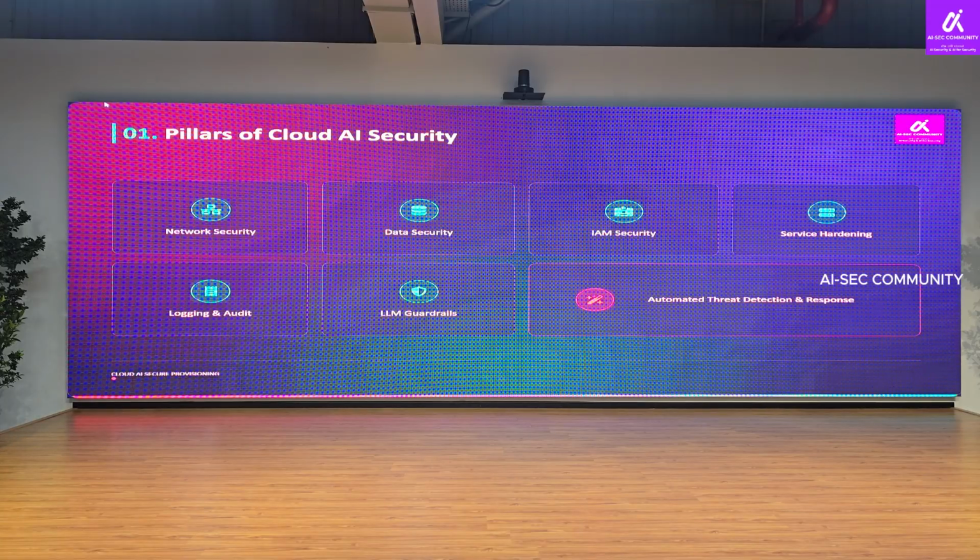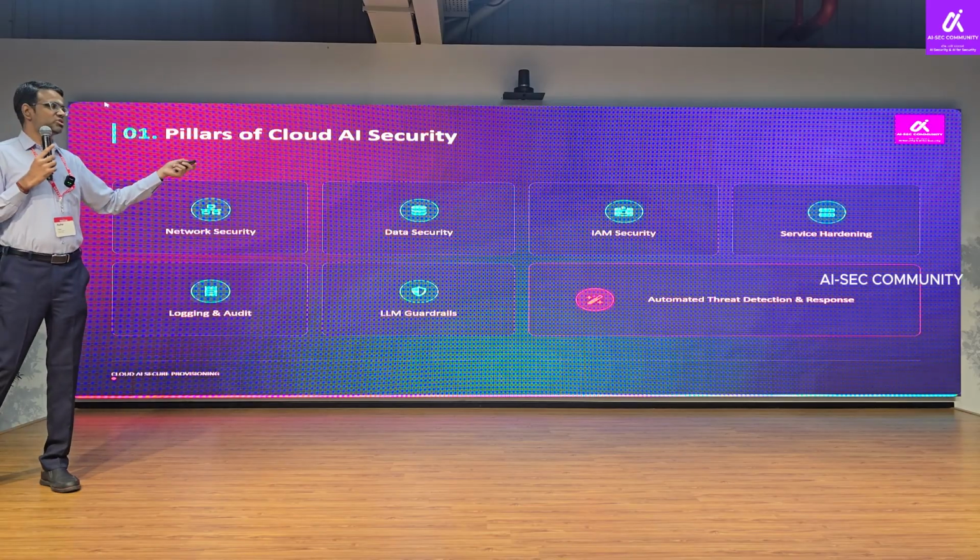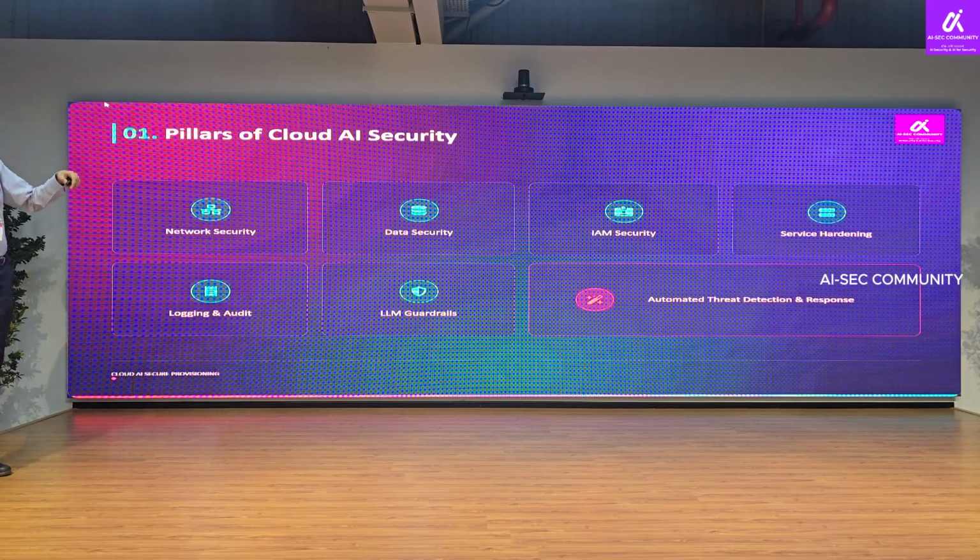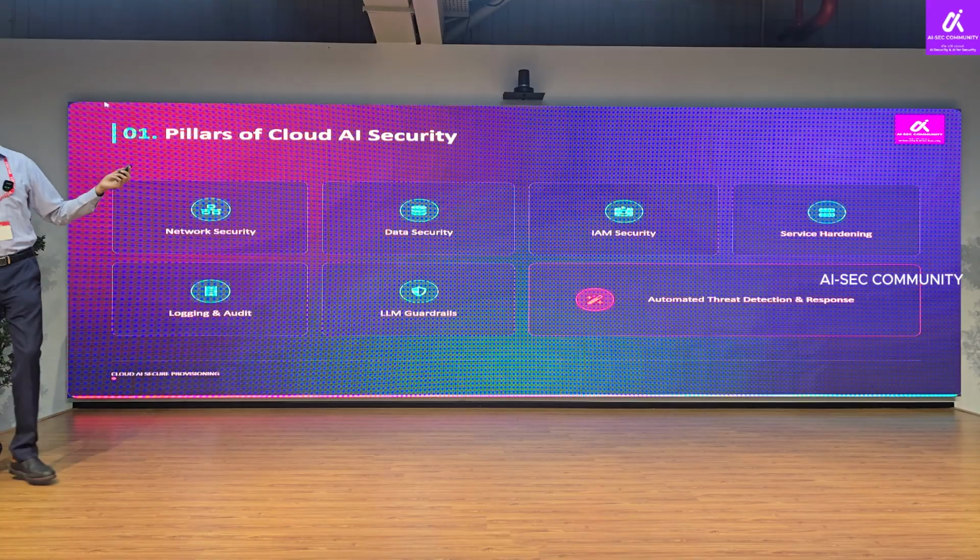It starts with network security, followed by data security, how we protect the data, and IAM security, the most important topic from a Zero Trust perspective. Then service hardening, which is the unifying factor amongst all these domains and which we will go through in detail.